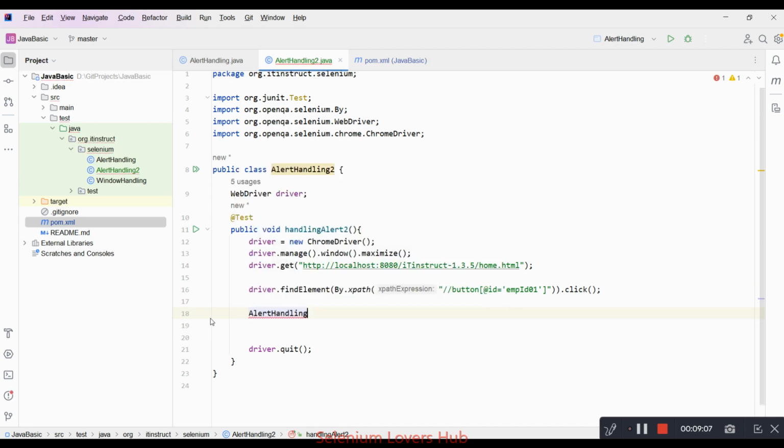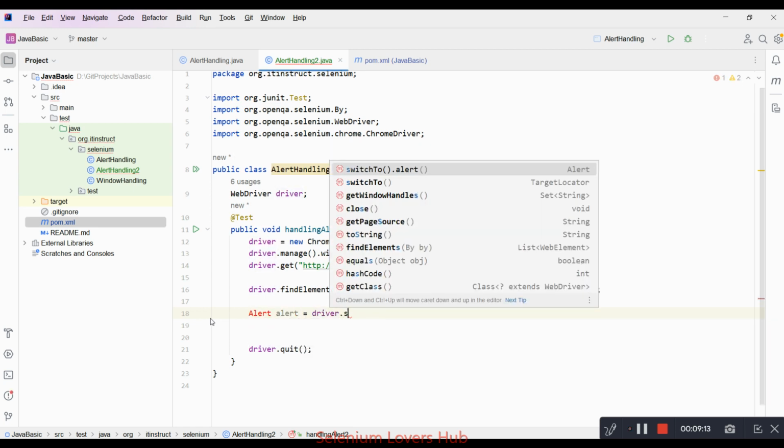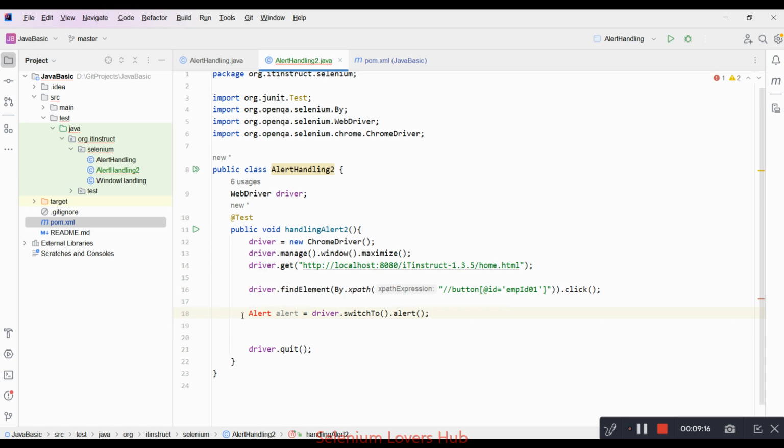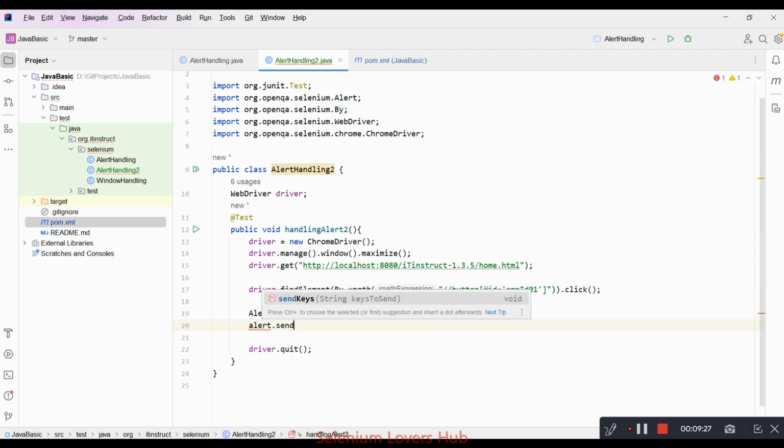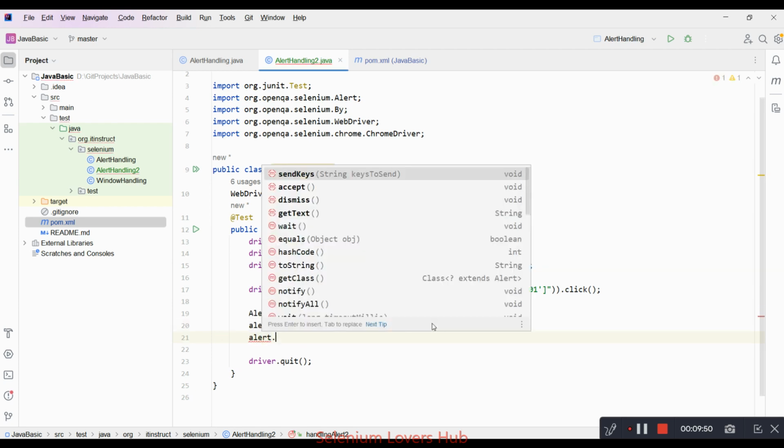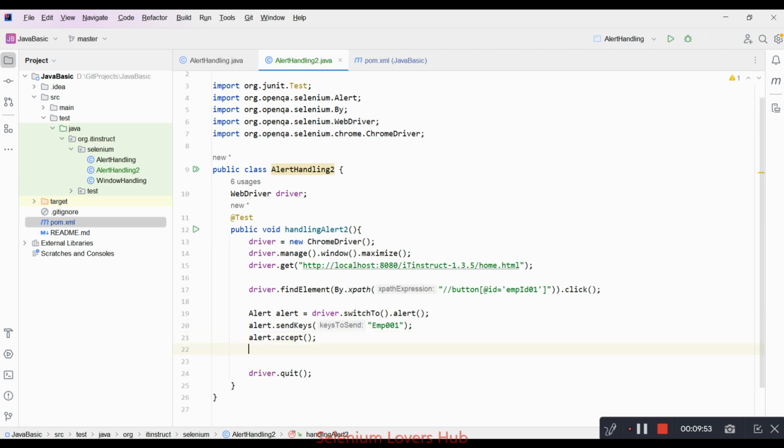so that I can take some action onto it, right. So I'll say Alert alert equals driver dot switchTo dot alert. This is something we already know, right. So after that what I will say, alert dot, you will be getting the sendKeys option, right. So let me say sendKeys and I am passing, let's say employee id. So I'll say emp001, right. This is the text I am going to pass, and as soon as I pass, enter the text and I have to click on OK button, right. For OK button I will say accept. It will accept the